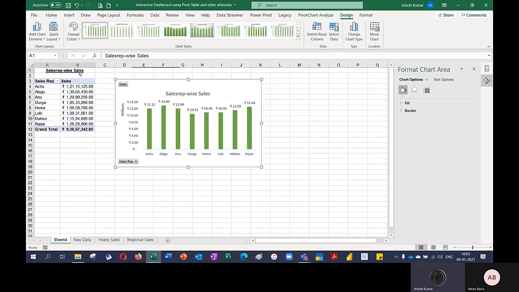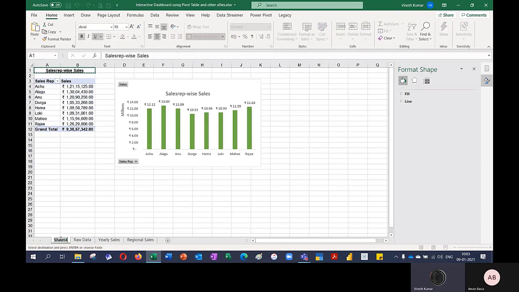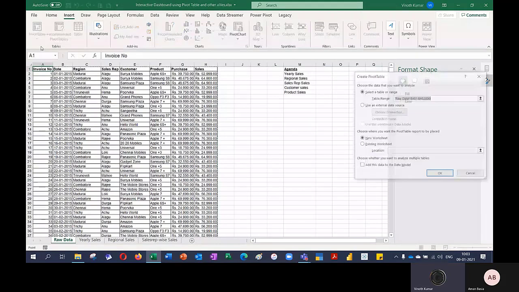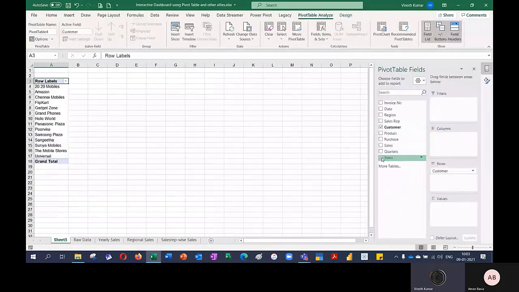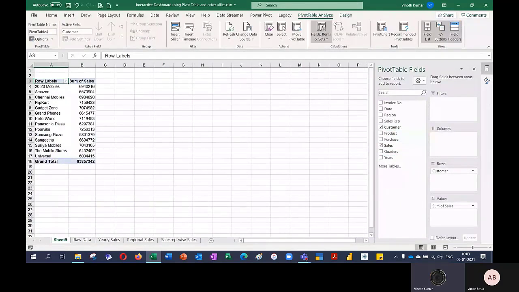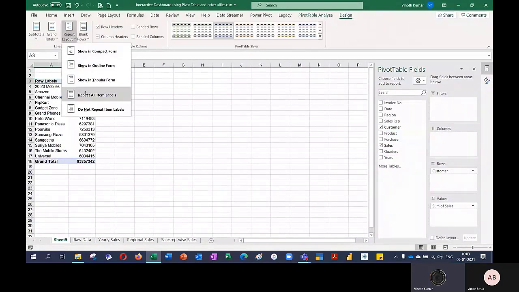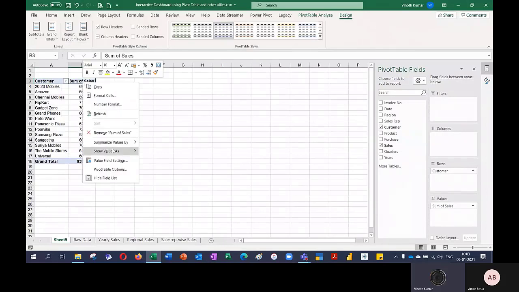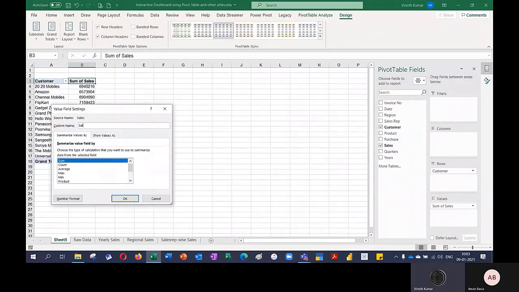So rename this. I'll copy this, paste it here, give an enter. Add them to the last. And the next one is the customer wise point. Again, insert pivot table, new sheet, customer wise sales, design, report layout, and show in tabular form, value field settings,